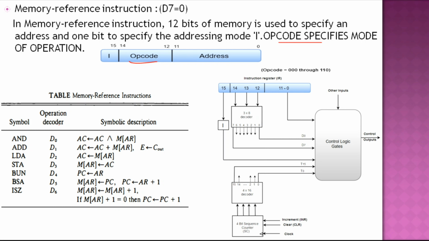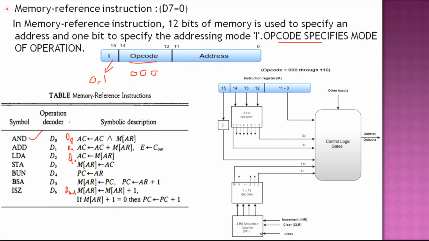Let us explain it very clearly. When the opcode value is 000, it specifies the AND operation. Similarly, the remaining operations will be performed, and here the I bit value will be either direct or indirect. When the I bit value is 0, it specifies direct, and when the I bit value is 1, it specifies indirect operation. So after D7, D8, D9, D10, up to D15, D14 we have the operations.